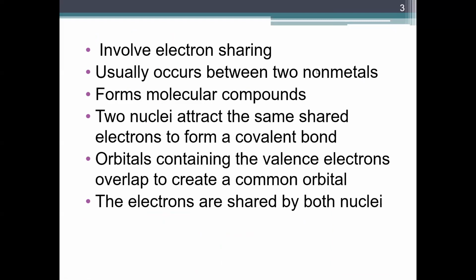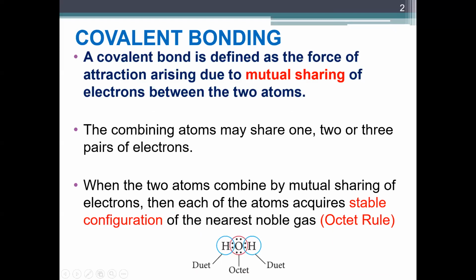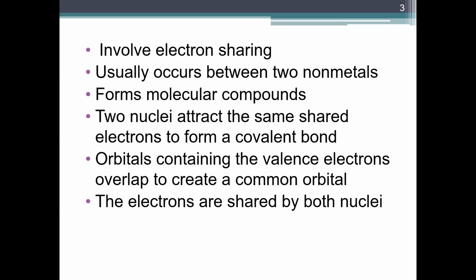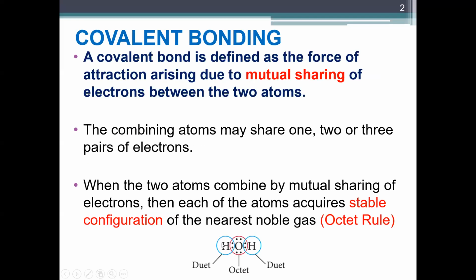So what are the key characteristics of covalent bonding? Number 1, it involves electron sharing. Another key characteristic is that it usually occurs between 2 non-metals. And that is why our group 4 and group 5 elements can easily form covalent bonds. In the previous example, hydrogen is a non-metal, oxygen is a non-metal, so they can easily